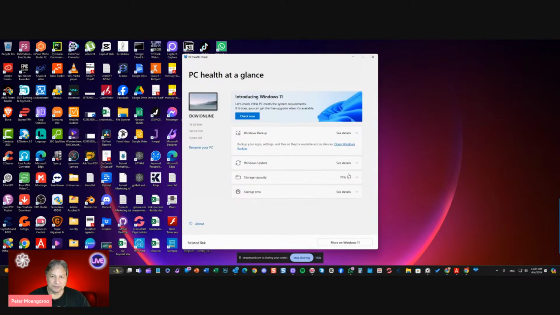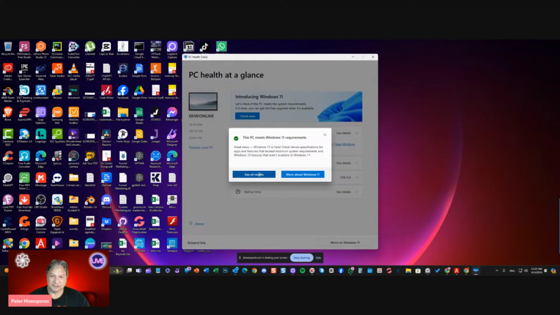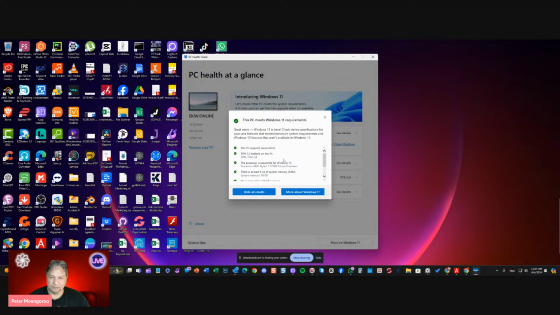And this will tell you whether your system actually meets the requirements for Windows 11, so that you can actually get the Copilot. All you've got to do is get this app, which is PC Health Check, and then go on to Check Now, see results, and it says that I tick all the boxes. My PC actually